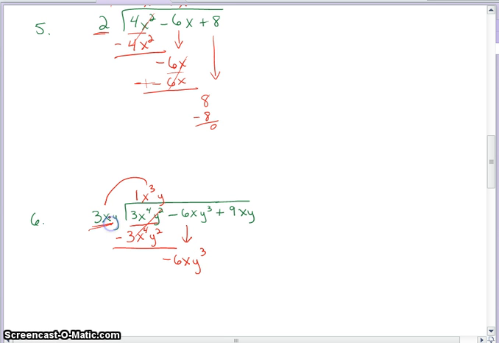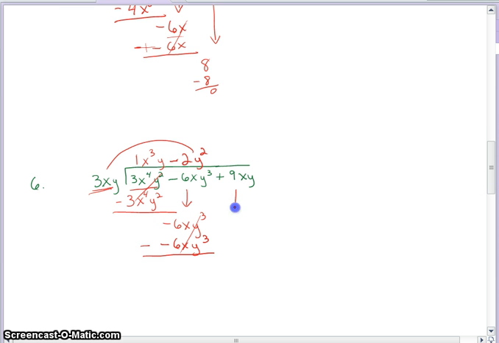So what do I have to multiply 3xy by to get negative 6xy cubed? Well, I have to multiply 3 by a negative 2 to get the negative 6. Do I have to multiply x by anything to get x? Nope. And what do I have to multiply y by to get y cubed? I have to multiply by y squared. So now I multiply these two. Minus 6x y cubed. I'm subtracting. So when I subtract a negative, it becomes plus, so those are gone. Bring down the next term,